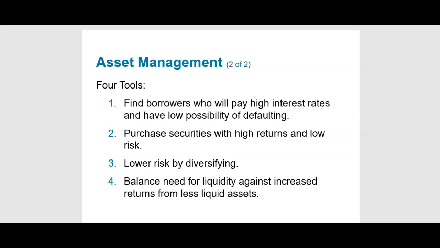Find the borrowers with the best credit rating that will pay high interest and have low possibility of default. So we're trying to match those that have great rating. If you remember, we have discussed these in the last chapters in terms of the loans and also the covenants, and we're going to talk about them in a couple of seconds. So we need to figure out those that have the best rating with the lowest possibility of default. So we're working with the adverse selection problem. And we're going to have to try to charge them the highest interest that's possible.